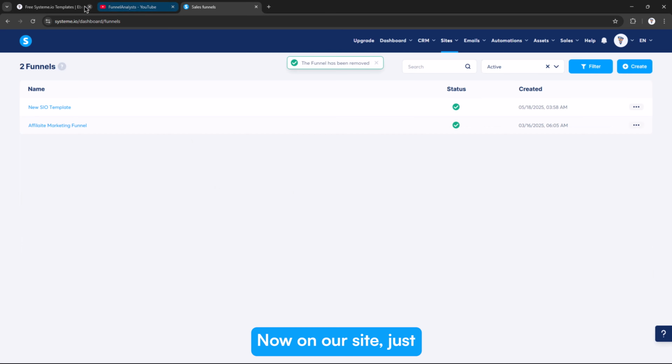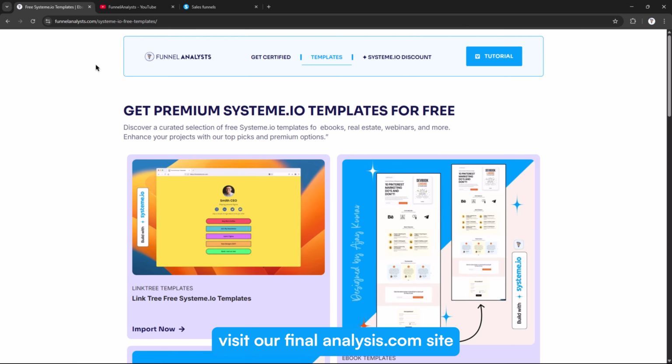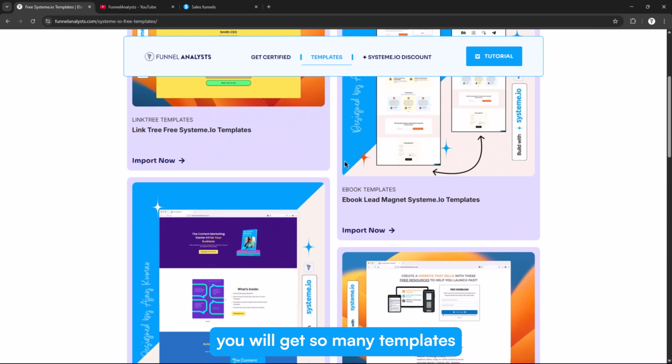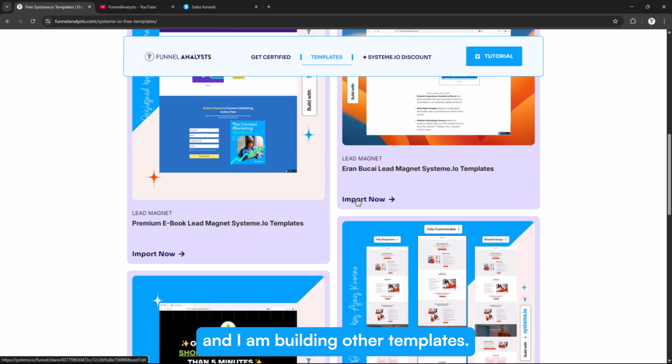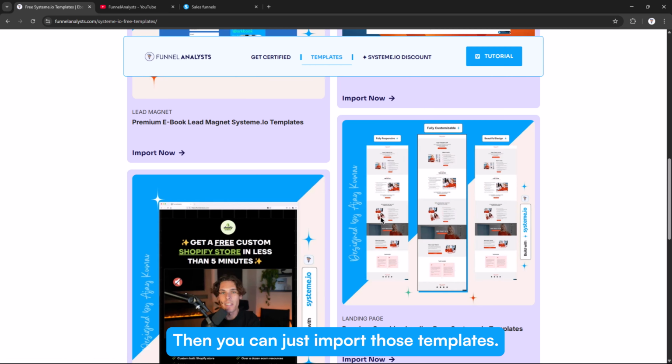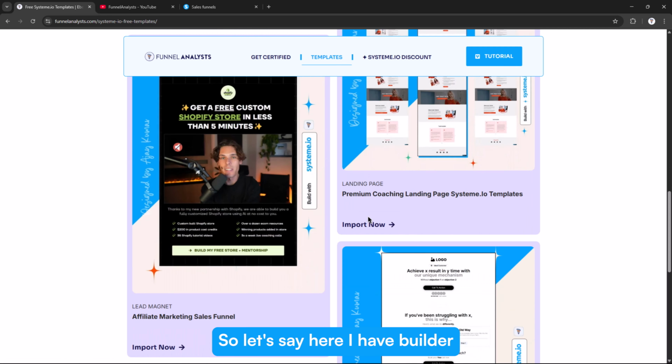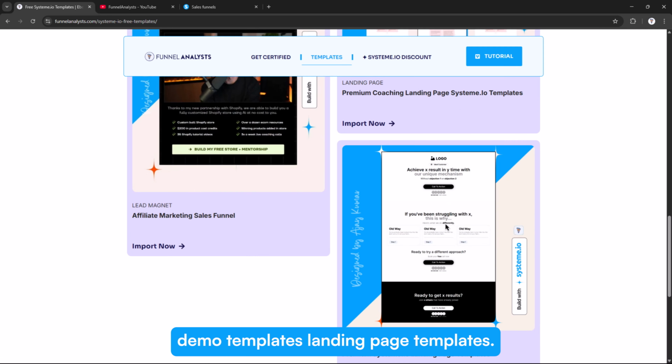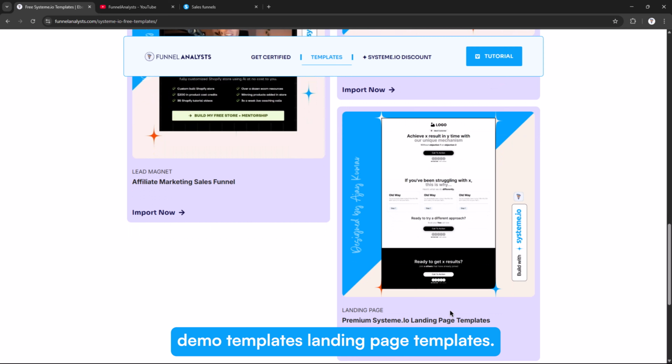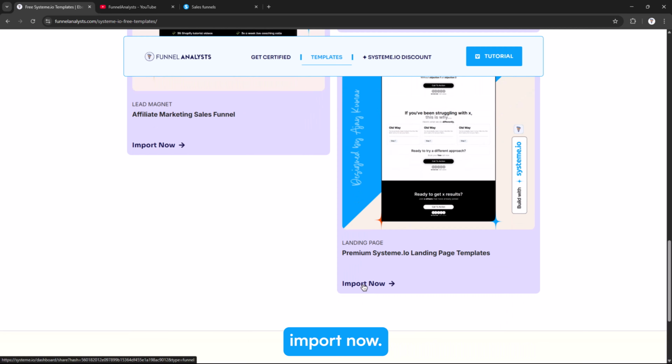Now on our site, just visit our FunnelAnalysts.com site and then come to this templates page. Here you will get so many templates, and I am building other templates, so those templates will be added over here. Then you can just import those templates. So let's say I have built a demo landing page template. Let's say you want to import this template, so you just need to click here, import now, and it